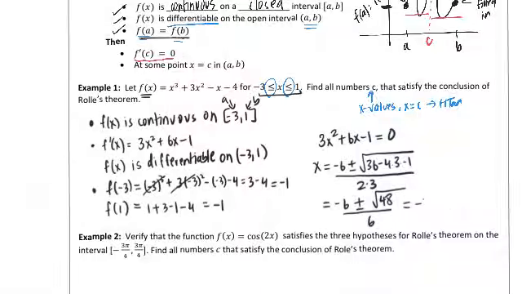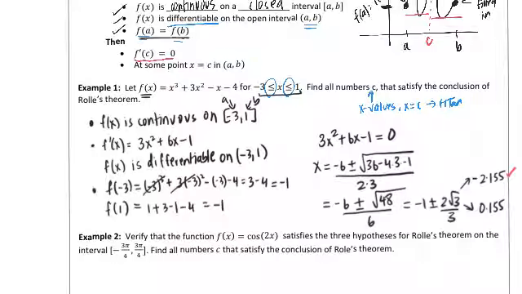Negative 1 plus or minus 2 rad 3 over 3. This will be our two places. Okay, so then we go in our calculator and we find decimal values for these. And these two values will be negative 2.155 and 0.155, right? So we are looking for the places on this interval where we have a horizontal tangent line, and